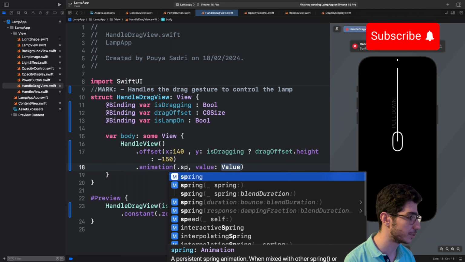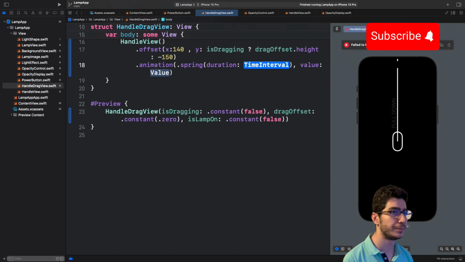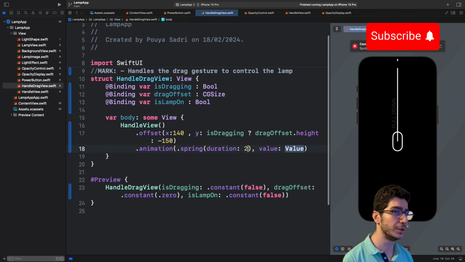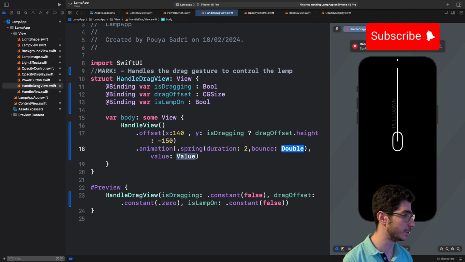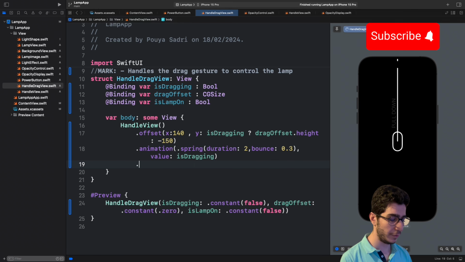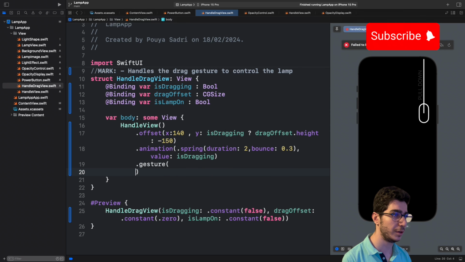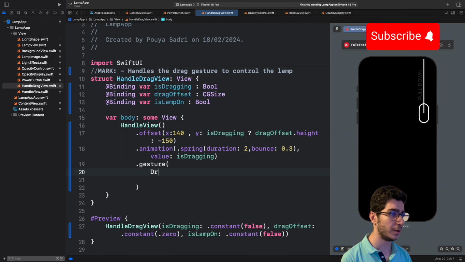So we have the spring and duration would be 2, and bounce would be 0.3, and for the value of isDragging, and we have the gesture here, and here we have the drag gesture